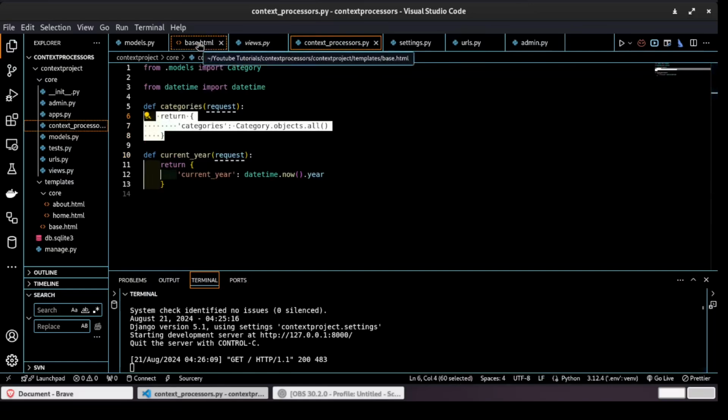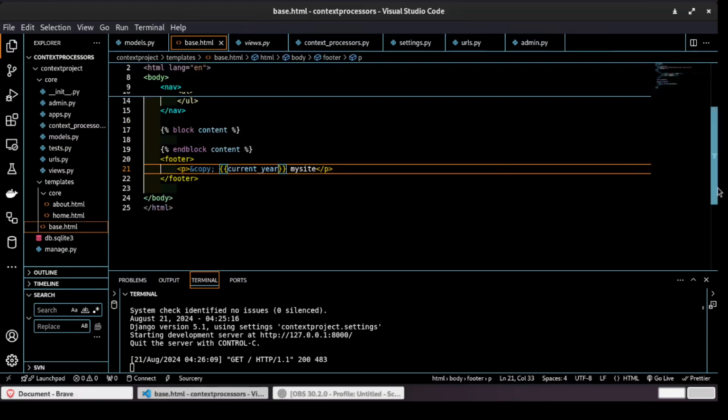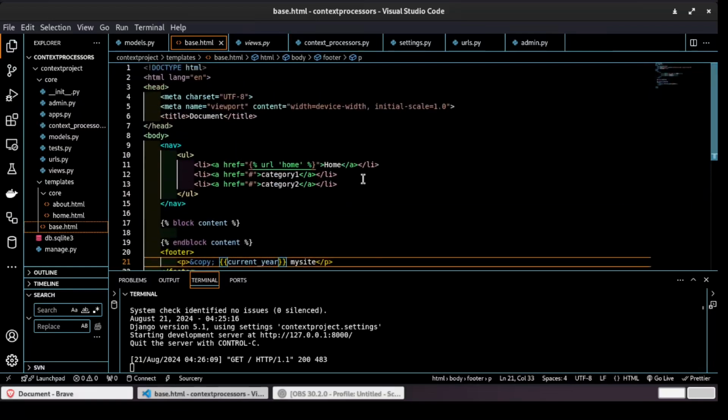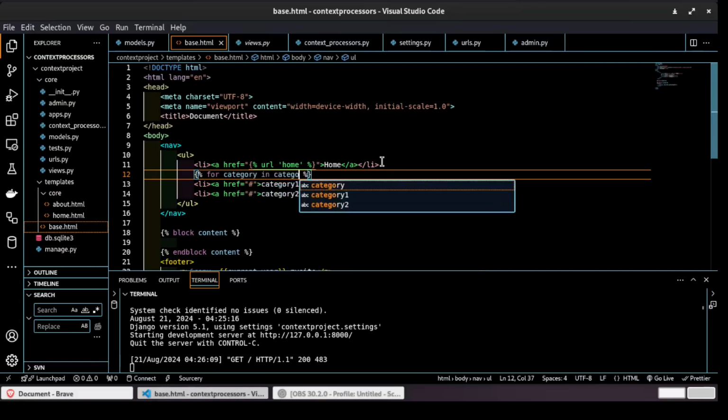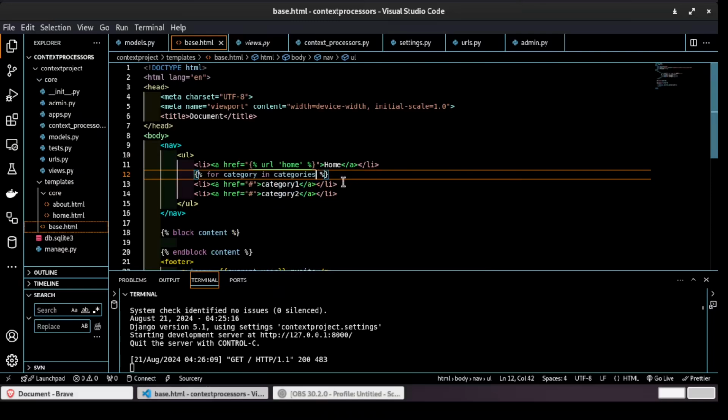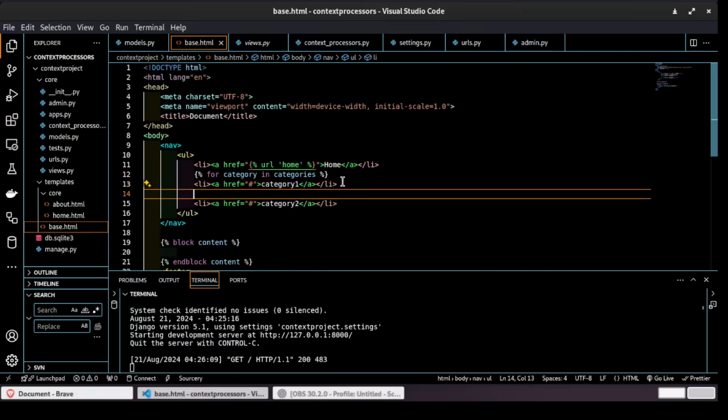Okay, so now navbar, since it is a list, we need to define it using a loop. Okay, so we'll say for category in categories. Okay, let's enter the loop, and for